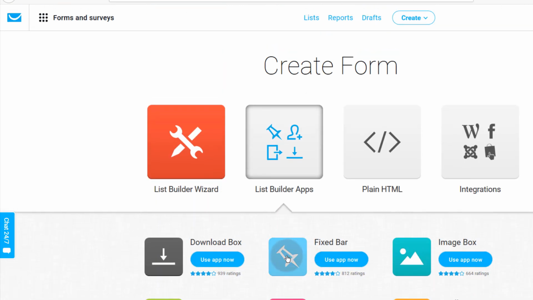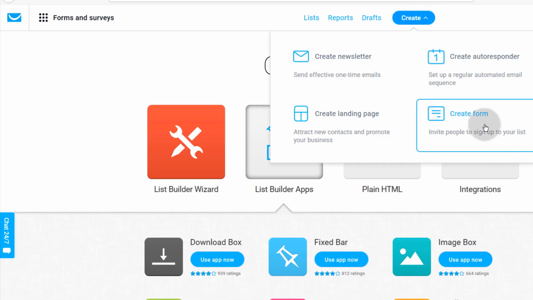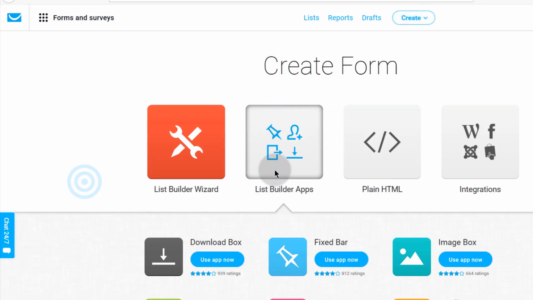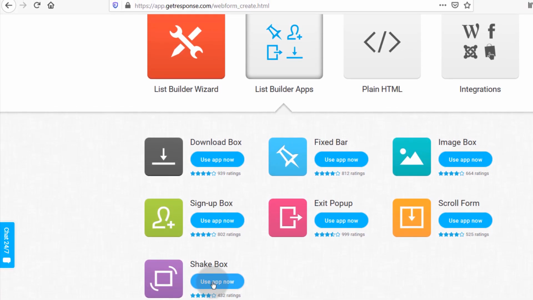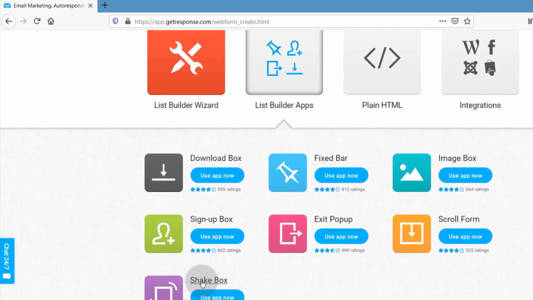So if you're not already on this page, the quickest way to get here would be to go into create, then click on create form, and then you come into list builder apps. So when you click on that, you're going to have all these options. If you don't know what any of these forms is, you can just click on the name there to see more about it, or you can start editing one right now. So if you click there,